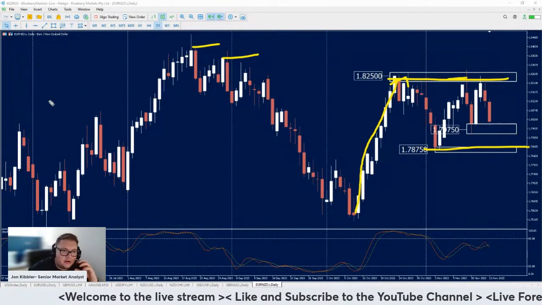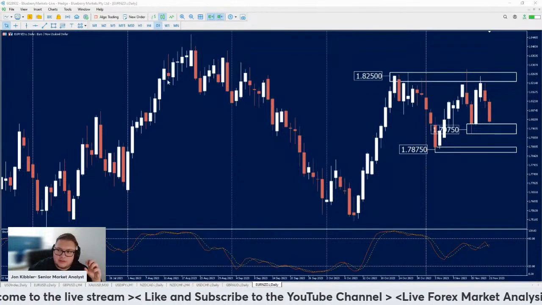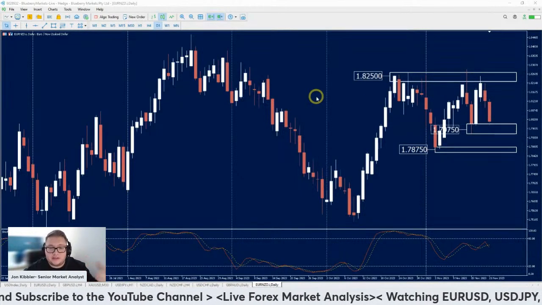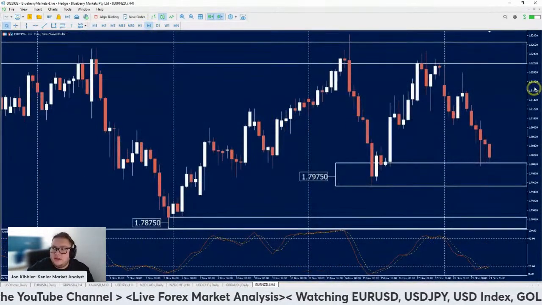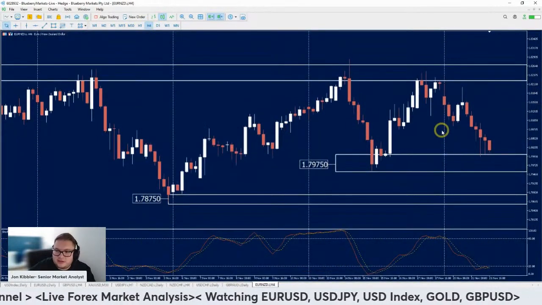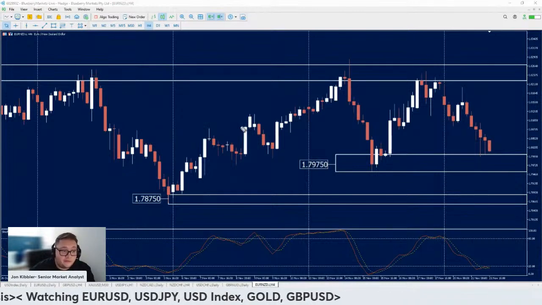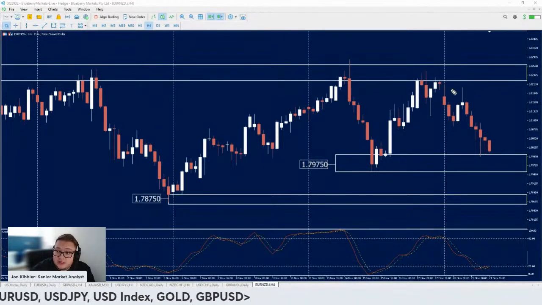Okay, so I'm going to look to see what happens if price comes to an area of resistance. Do we see price hit resistance? Does it move to the downside? So again, you can come down to your 4-hour time frame and you just got to map out those different types of areas. Now, we might have been a little bit unfortunate with this market, to be honest, because although